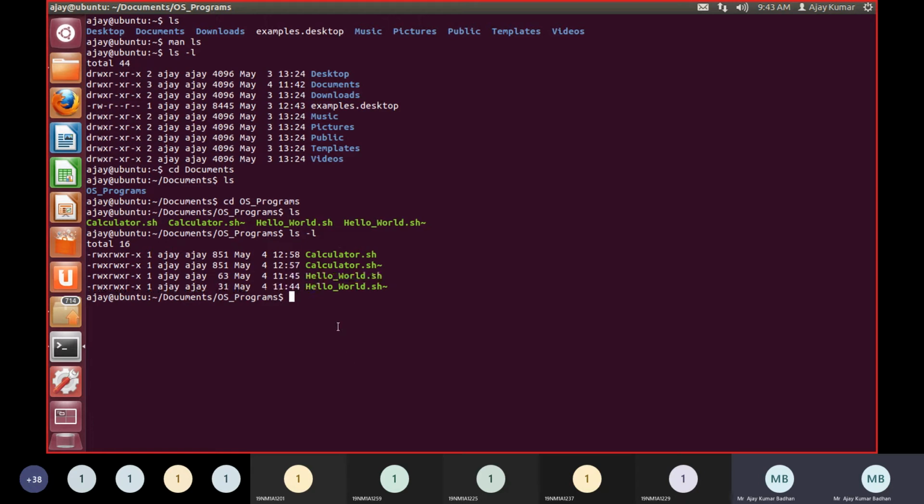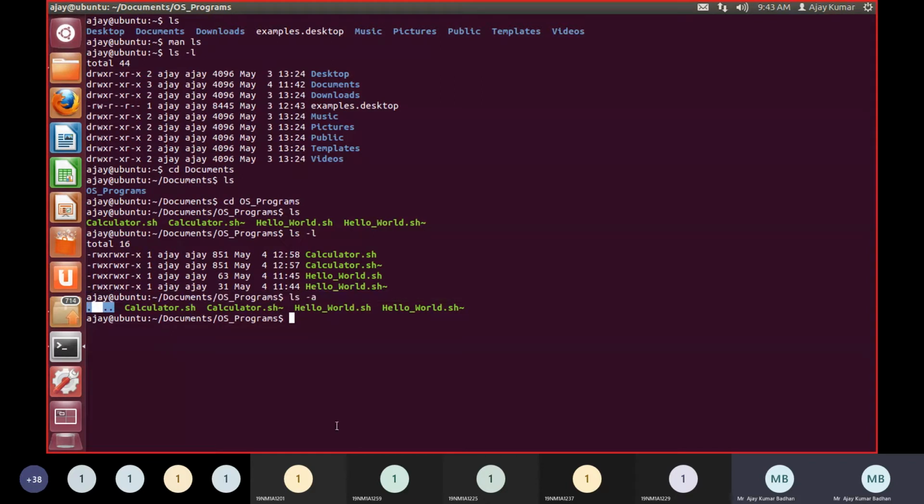You have other options also. If you want, you can try ls minus a. You can see here. So what do you mean by minus a? I told you, if there are any directories with one single dot or double dots, those are also represented. You can see there is a dot and double dot. These are by default directories which are not visible. These are related to the root directories we have. So those are represented here in this particular scenario.